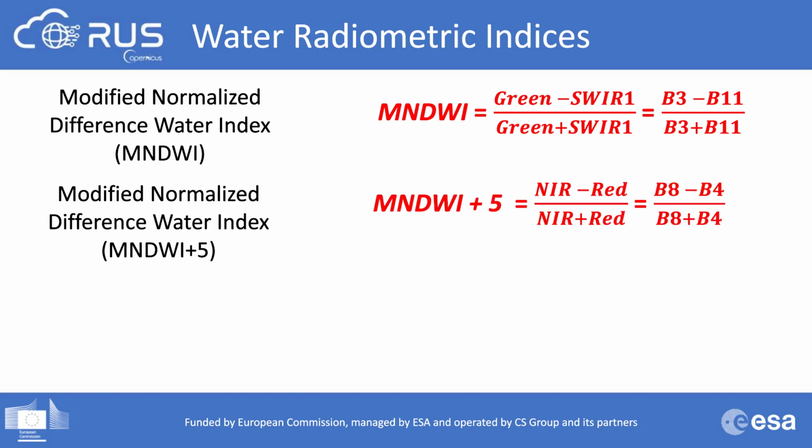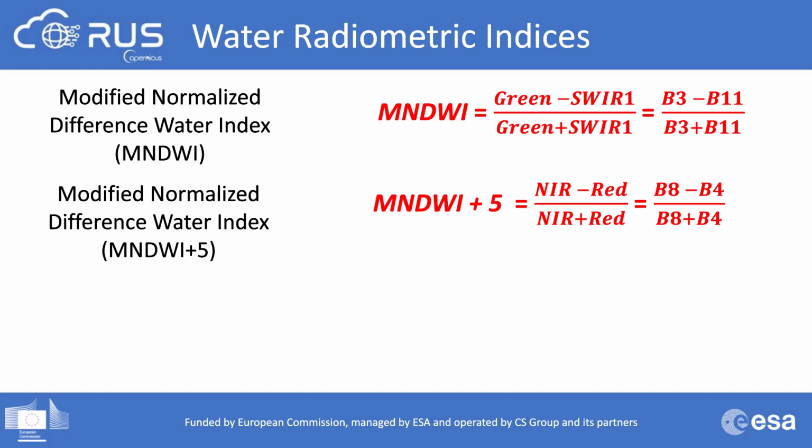Then in 2015, another index was developed, which uses only the near-infrared band and red band. So this is basically the combination of Enhanced Vegetation Index and Normalized Difference Vegetation Index. It shows opposite behavior as it uses the red band to detect water areas. Areas covered by water are indicated here by values below 0, so not as in the case of other